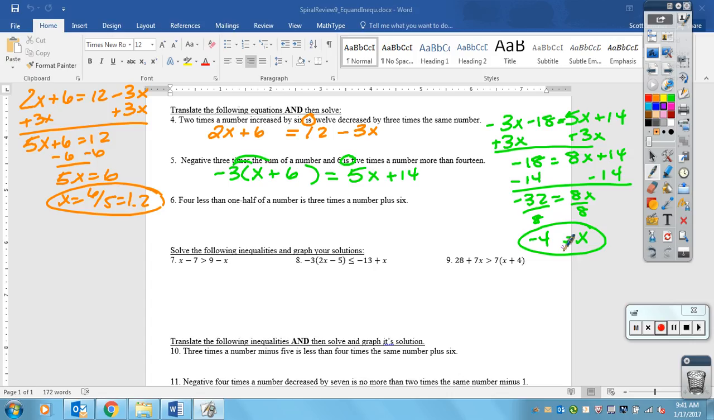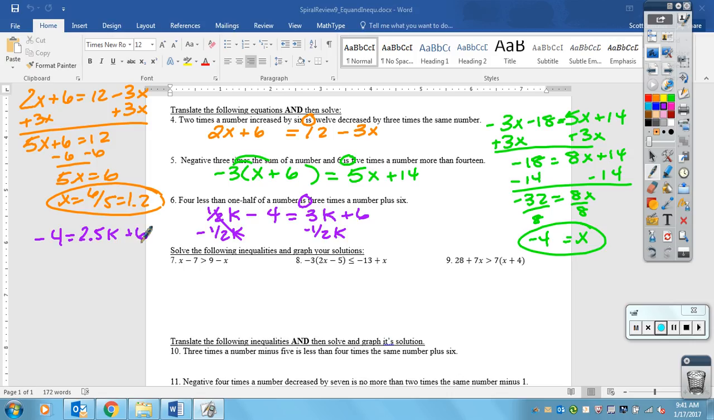Question number 6. There's my is. So 4 less than 1/2 of a number is 3 times the same number plus 6. Variables on both sides. Let's subtract 3. You know what? Let's actually minus a half. Minus 1/2k, minus 1/2k. Negative 4 is equal to 3 minus a half is